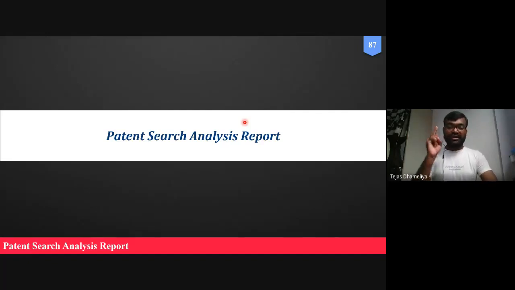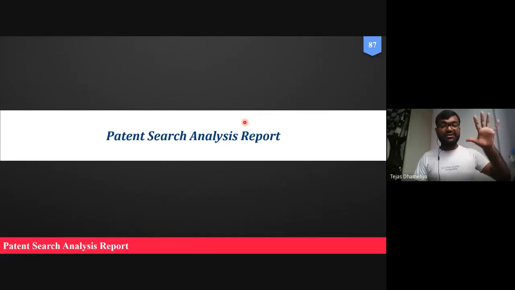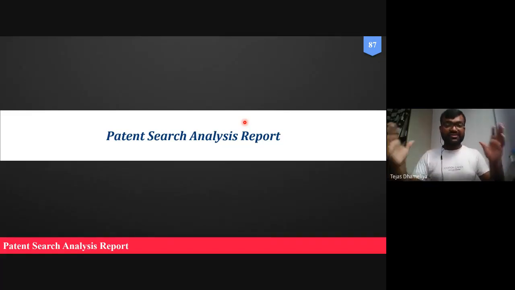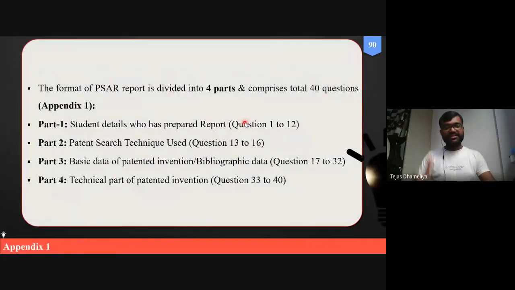For your research title, research expertise or research field, you will be asked to study 5 patents in your research domain. For example, if you are working on discovery of anti-diabetic formulations, you will be asked to study at least 5 patents which belong to anti-diabetic formulations. There will be multiple questions for that PSAR, and it is divided into 4 different parts.